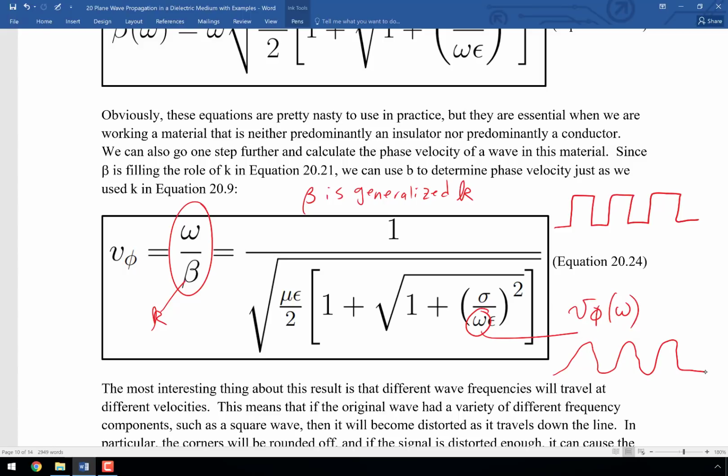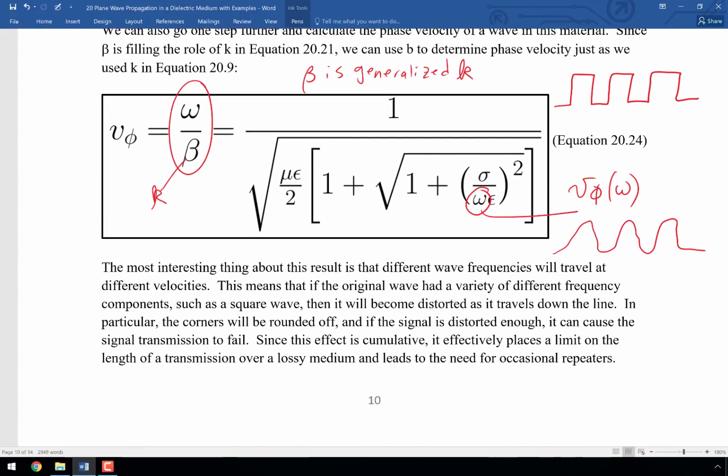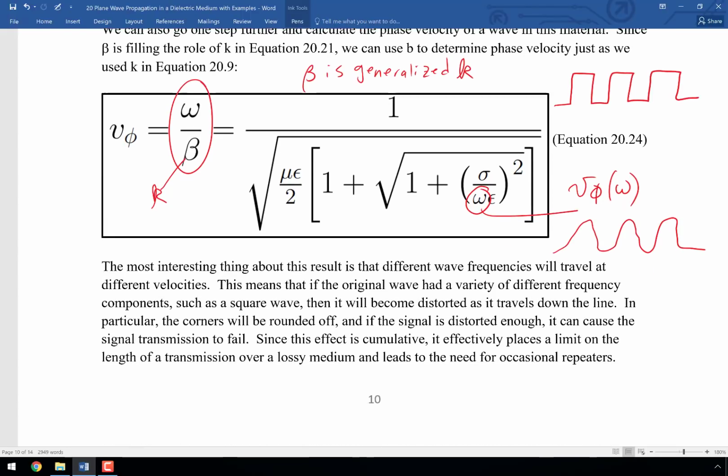And ultimately, you can imagine that if it translated far enough, it might wash it out entirely, and then we wouldn't be able to transmit the wave, or couldn't transmit the information. The wave would still be transmitting just different phases at different velocities. So that means that it effectively places a limit on the length of a transmission over a lossy medium, and every medium is lossy to one extent or another,